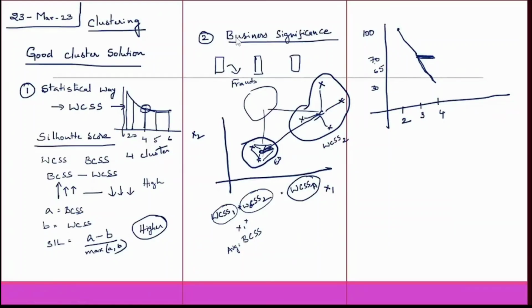So it's as good as saying you can find out the distance between each of the pairs of observations. If I have the observations 1, 2, 3 here, I can find out the distance between 1 and 2, 1 and 3, 2 and 3. Then if they are like 4, 5, 6, 7, then between 4 and 5, 4 and 6, 4 and 7, 5 and 6, 5 and 7. So I find out all these pairs of distances and the average distance. That distance is what I am calling the within